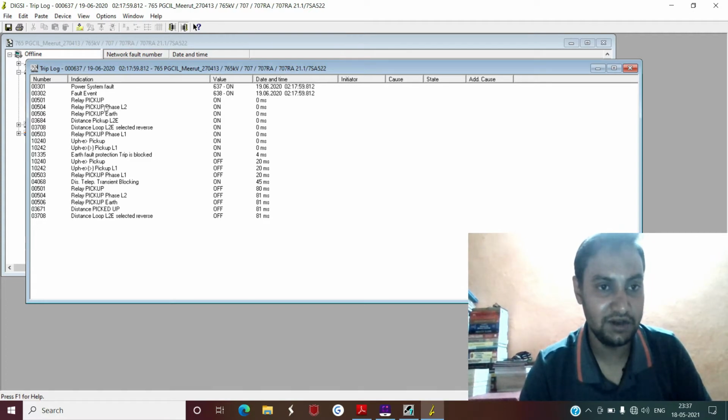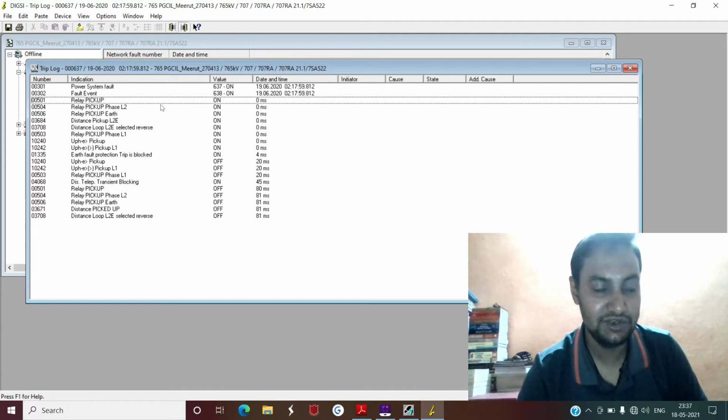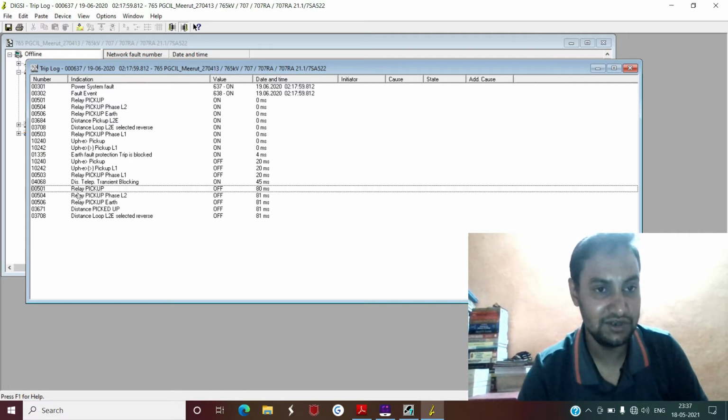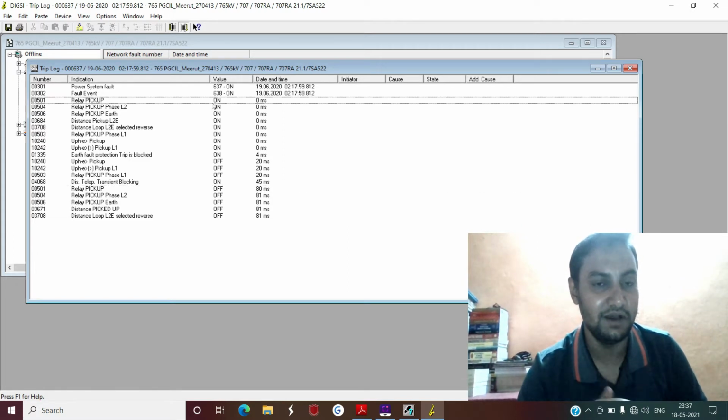Again, if you see here, this is the relay pickup signal which is available to you at 0 millisecond. Now if you see at the end, again the same signal, signal number 00501. Here this signal was on, so the relay picked up due to any of the functions.